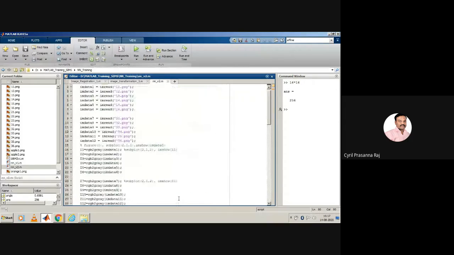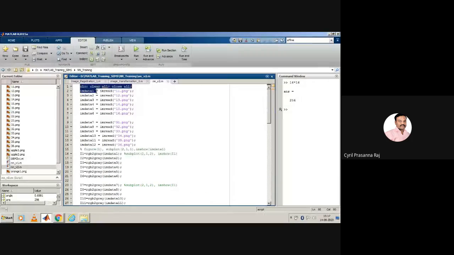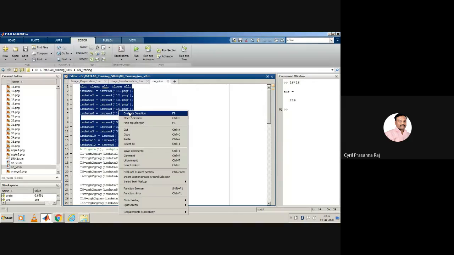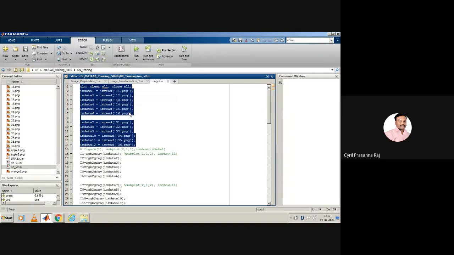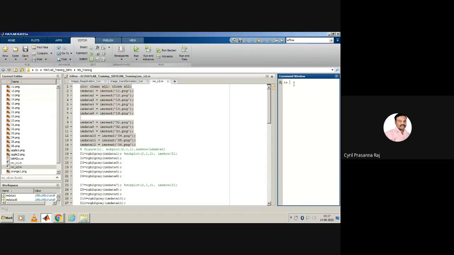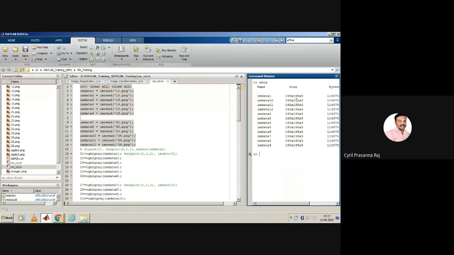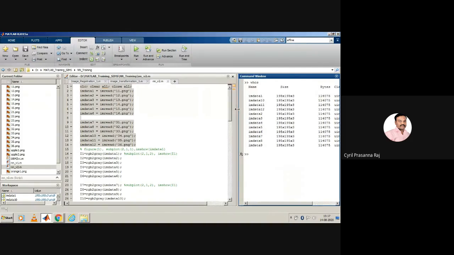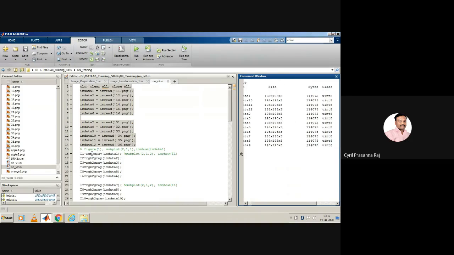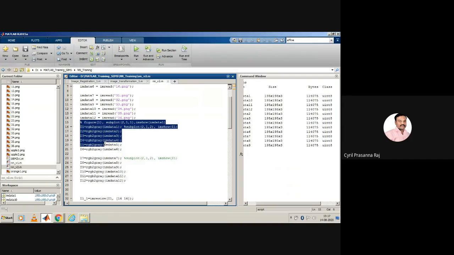So let us run this and see whether this works. So first, let me run this input. Now if you see, I'm using this function called whos. The input image that we created is of size 195 cross 195 cross 3. Okay, and since there are 3 frames, it's a PNG image. Okay, so all of them are of similar size. Then we try to convert that from RGB to gray. So here we are converting it from RGB to gray.